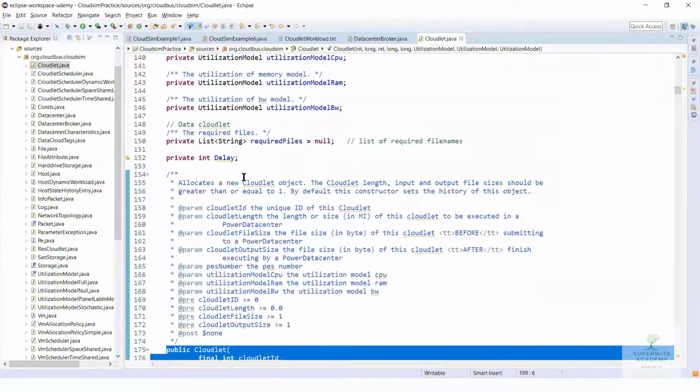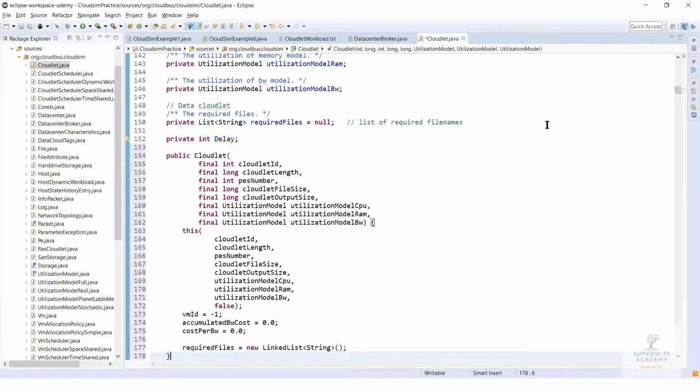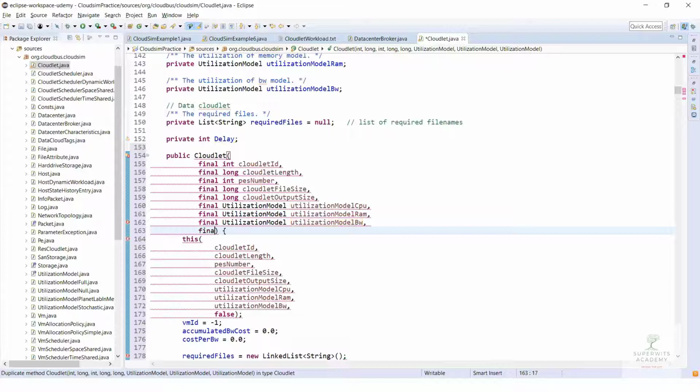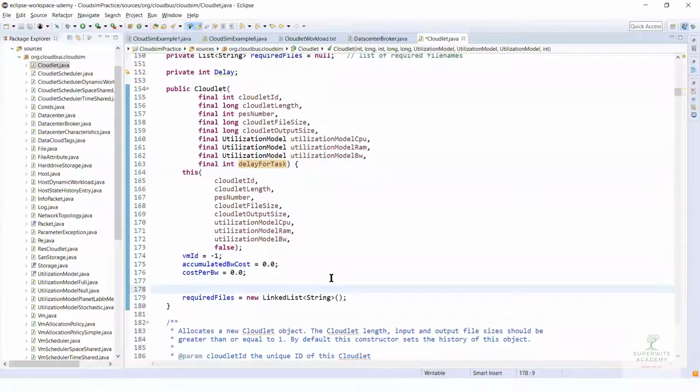I'm going to make a copy of that, and here I'm going to have final int delayForTask. And within it, delay equals delayForTask is to be added here.